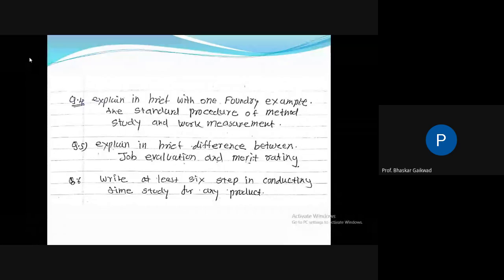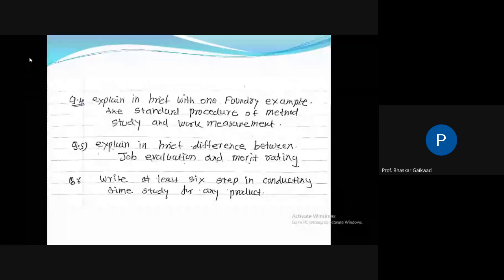Job evaluation means deciding the worth of jobs. Any job, so many jobs are there. For example, a crankshaft is there, and a mold is there. So, what is actually its worth? Means within how much cost are we going to manufacture that. Without these estimations, we cannot go for